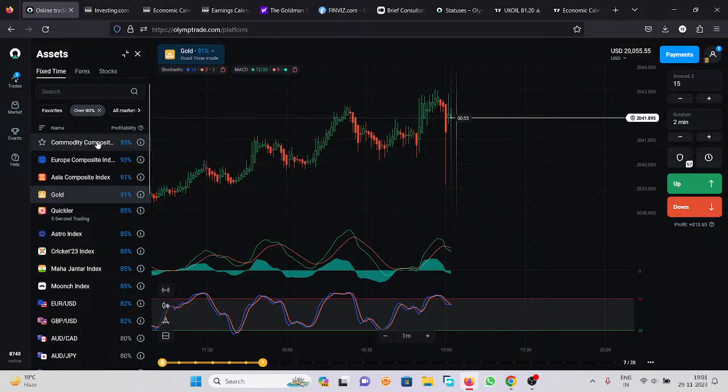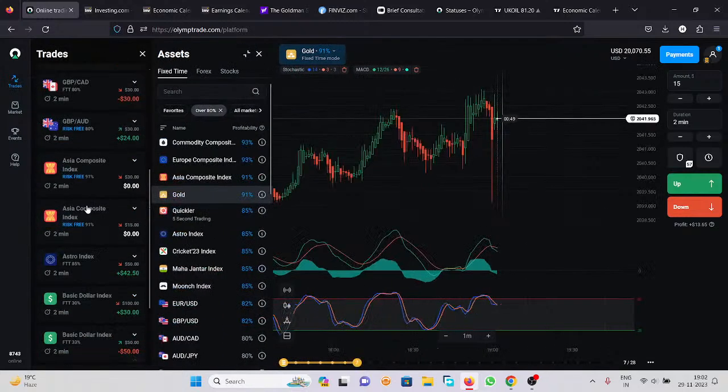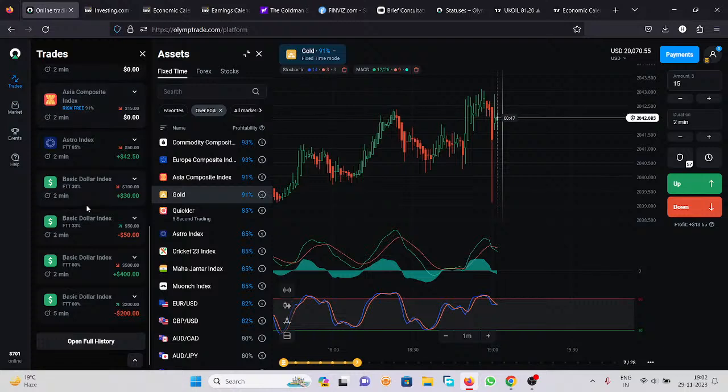And what is the loss compensation system? Basically, it is a martingale system. How does it work? Let me show you some of my trades for today. I opened a trade with $200. The trade was unsuccessful, and the next trade I opened with double the amount, $400. This trade is positive, then I start trading with $50 again. I open the trade with $50.